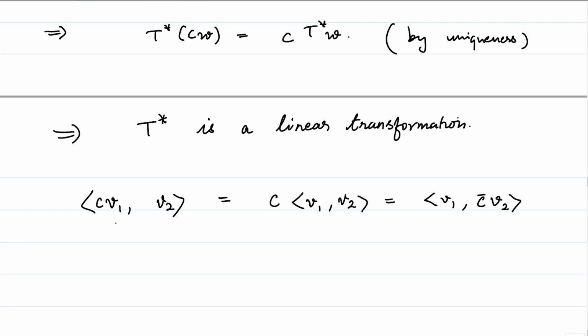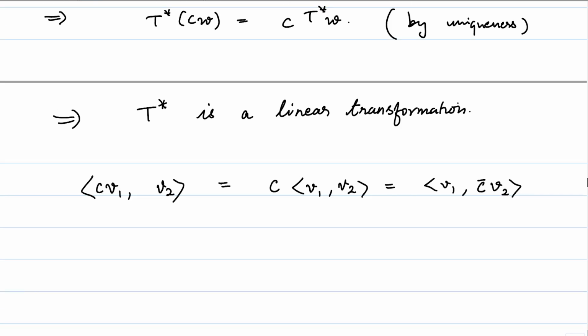So T star in some sense captures an analog of the complex conjugate in the language of operators, linear maps. For linear maps, the adjoint is the correct notion of the complex conjugate that we have to consider. We will elaborate on this in a few minutes, and to do that, let's use the power of